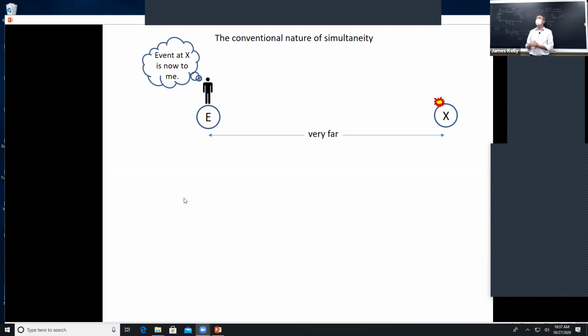Now that process is a definition. And so we're defining what it means for something to happen simultaneously. So if you're 10 light years away and I say,